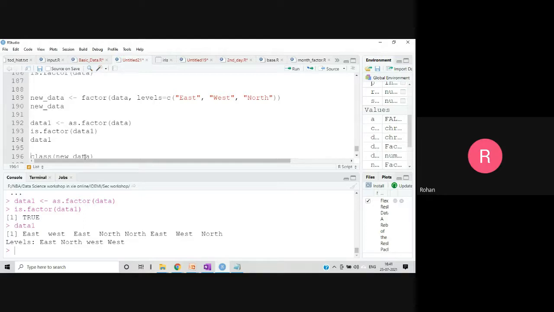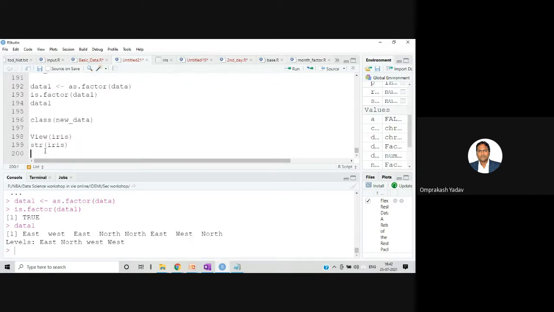Sir, how will we access these levels later? Like if I want to print only East data, how will I print only the East data that I have? Yes, we'll be doing that. Now we will create one data set and do lots of operations on that one. So in that you will understand. Clear? That we can write with a query. Yes, a conditional query we'll have to write. Okay. So now let's